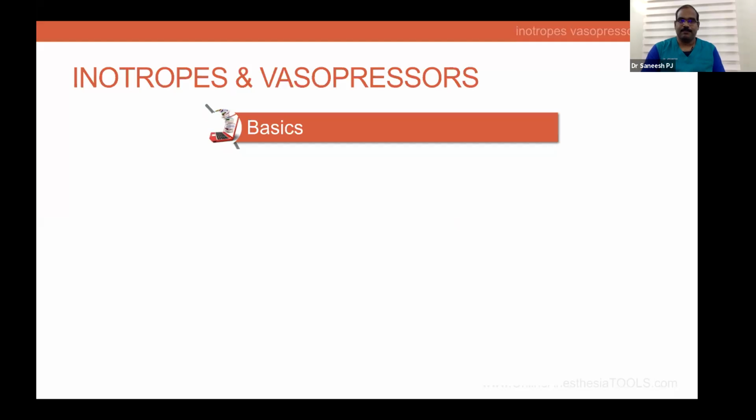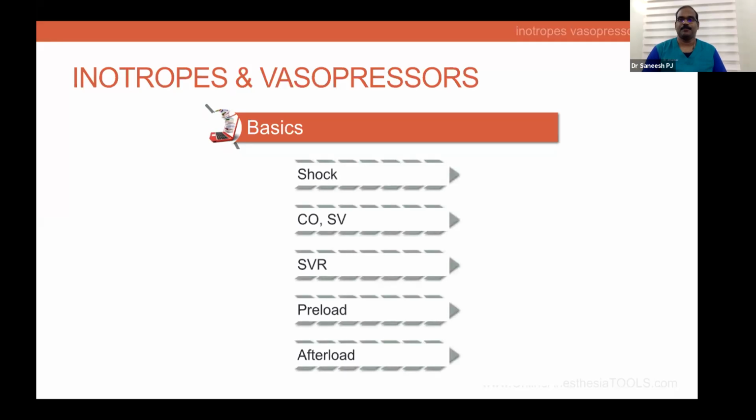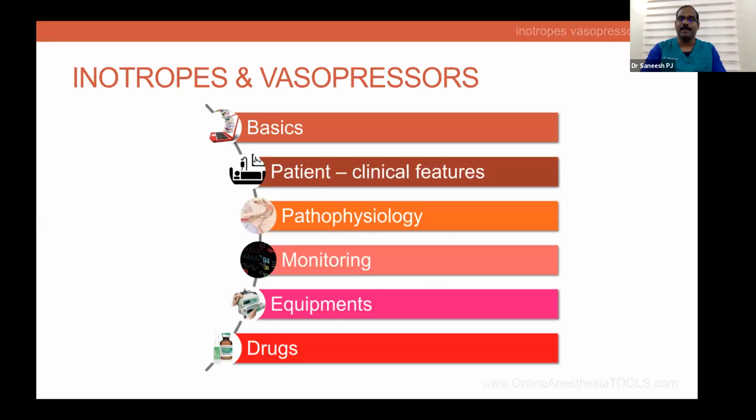The first step to know how to choose your vasopressor or inotrope is to know the basics. I'm not going into the basics. I expect all the delegates to know what is shock, where the tissue perfusion suffers, what is cardiac output, stroke volume, about systemic vascular resistance you should be knowing. Preload is the initial load with which the heart starts to pump, and afterload is the resistance against which the pumping action happens. And the decision on whether to start on inotropes, whether to choose vasopressors, depend on the background